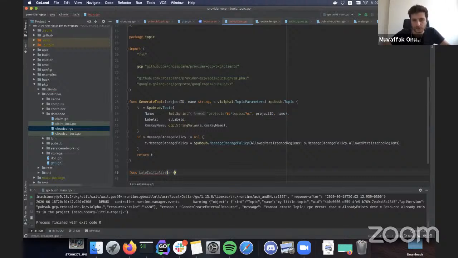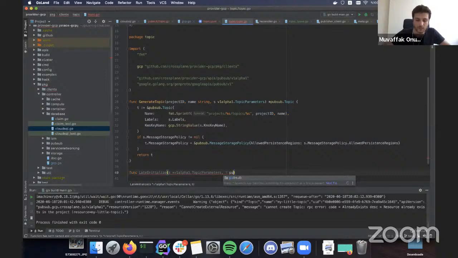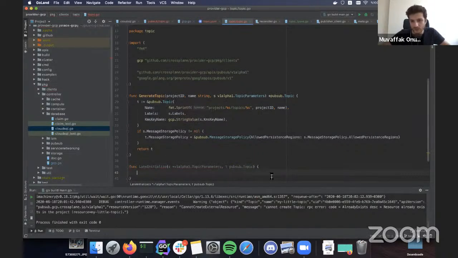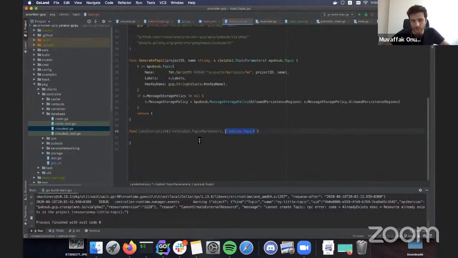So here we are going to make some changes on topic parameters, and our input will be the PubSub topic, which is a value, because we're not going to make any change on this one. We will just copy the values from that. As I said, we will check the topic and see if something is there, but we don't have it.